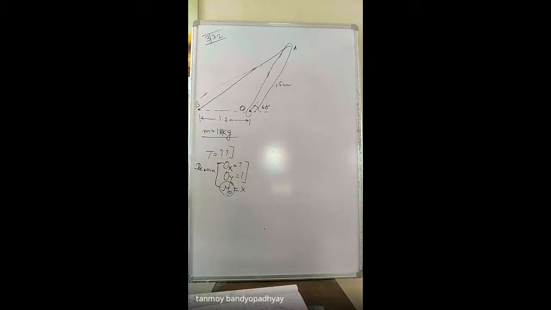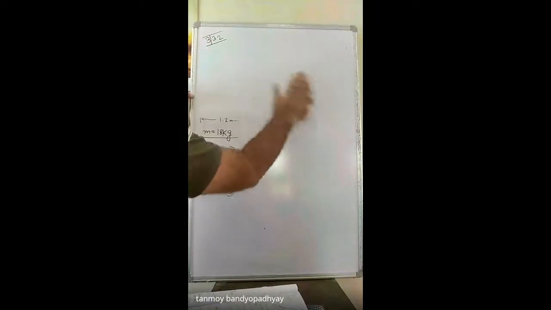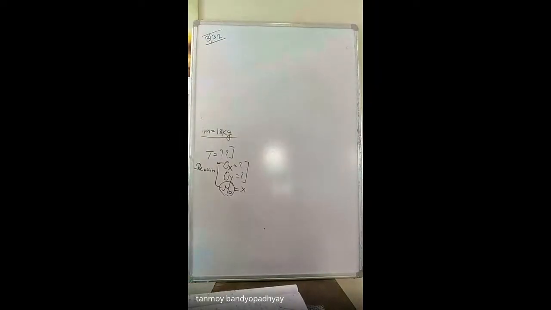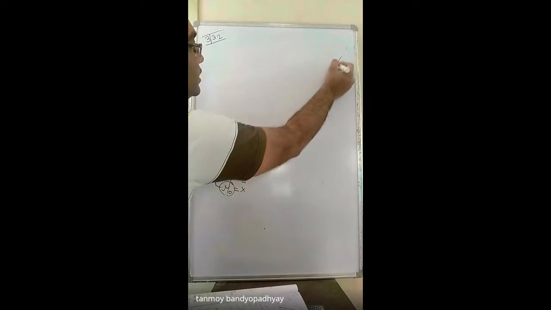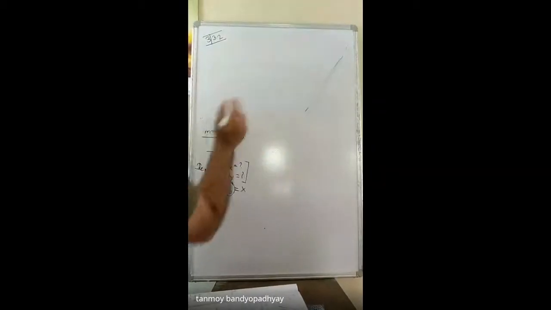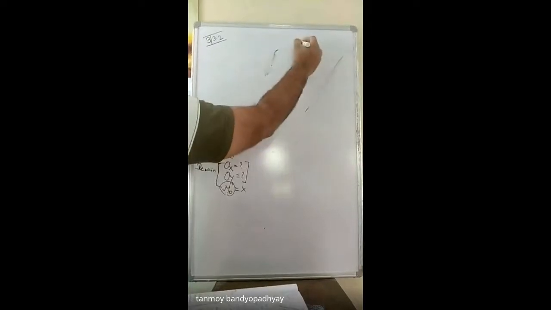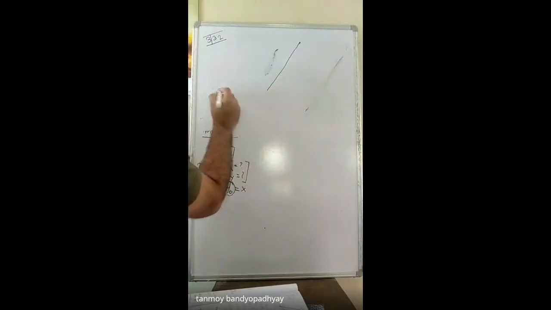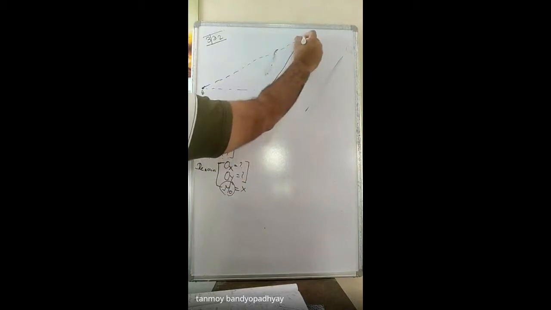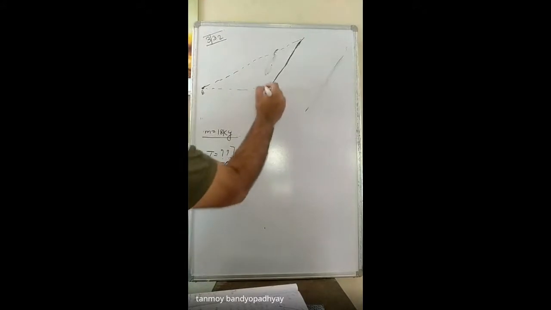Now let me draw the diagram, converting it to just a line diagram for brevity of understanding. Let me draw the point A here. I hope the entire board is visible today. This is the point, I think it's B, and this is the string. Only this portion I have drawn as solid. This is the bar, so the bar is OA.